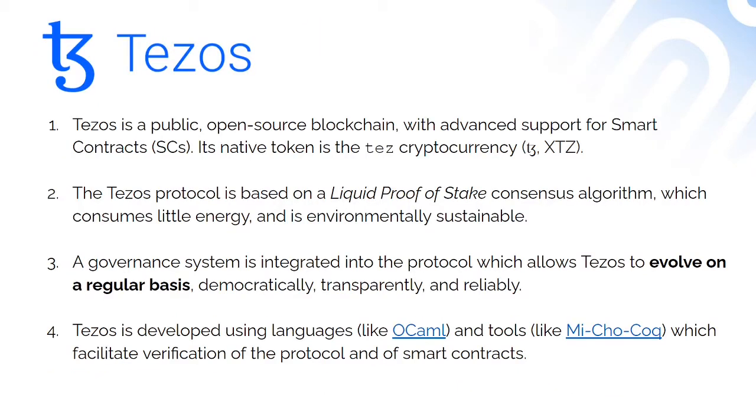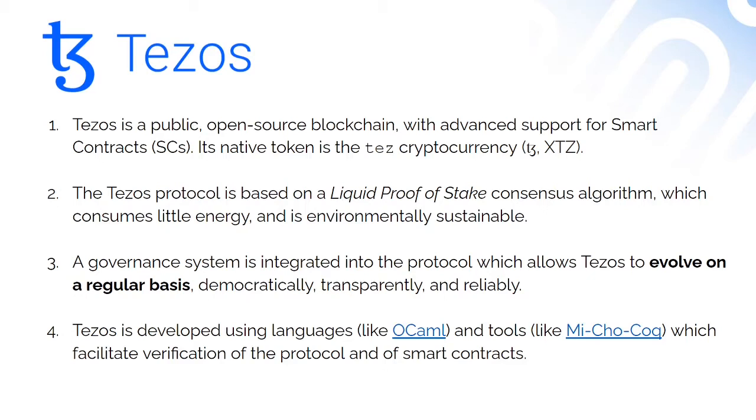So I will introduce Tezos. It's a public blockchain, which is open source and has advanced support for smart contracts. The native token on Tezos is the Tez cryptocurrency, which we can also write XTZ. The Tezos protocol is based on a liquid proof-of-stake consensus algorithm, which consumes very little energy and therefore is environmentally